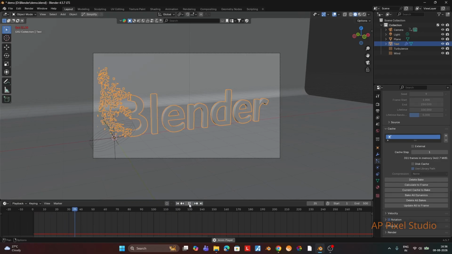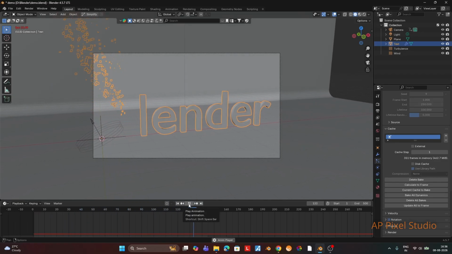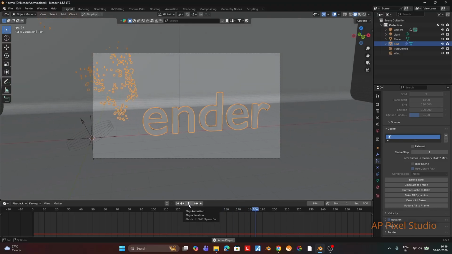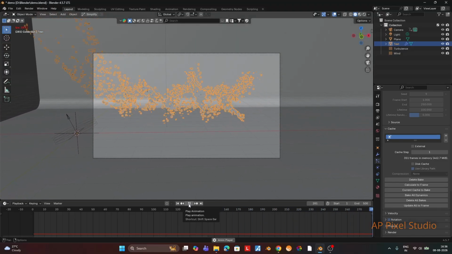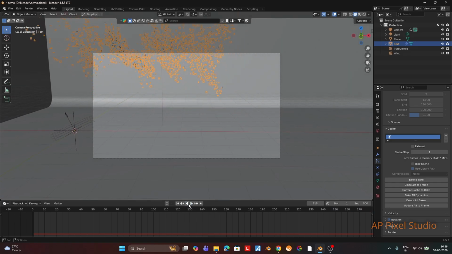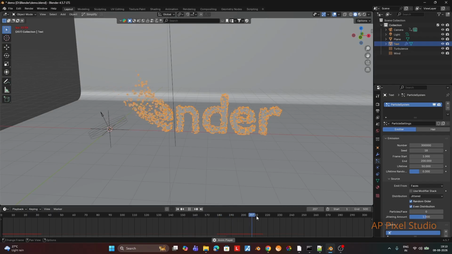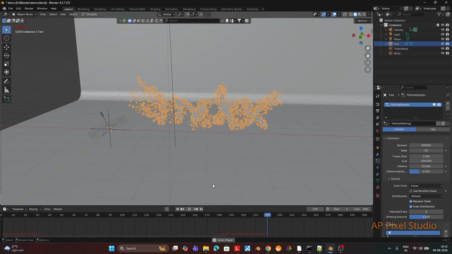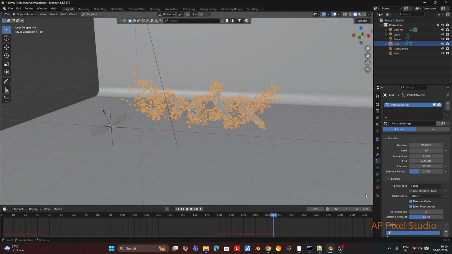If we play it, you see that according to our force fields, the particles are getting emitted and going in that direction, and the camera is slowly moving. Okay, now if we see the word, all at once are going up, and that is the issue. After half the word, the letters suddenly go at once. If you go to those particular frames around 200, 210, everything starts moving at once, but we want one by one only.